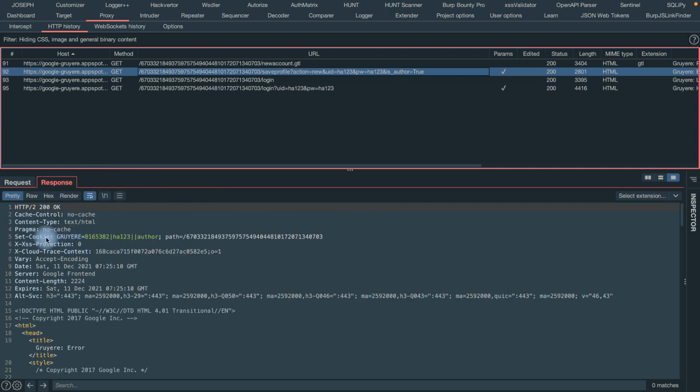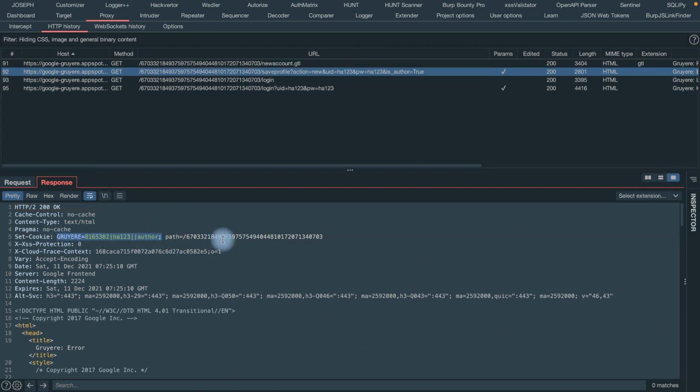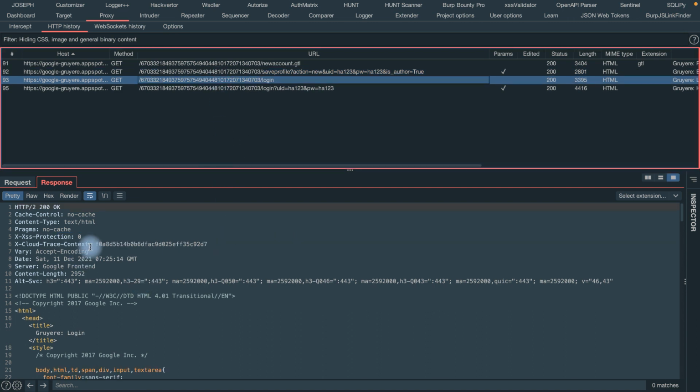You can see Set-Cookie. Set-Cookie basically comes from the server, and if you look at that cookie, the information in it is completely visible. I can easily read that information. So this could be very, very dangerous. Again, you can go to the third link and check it out.